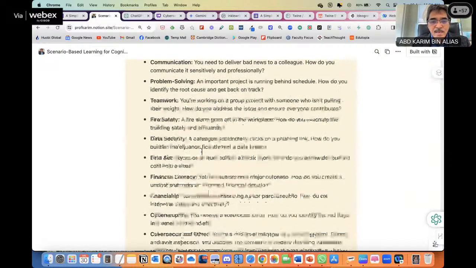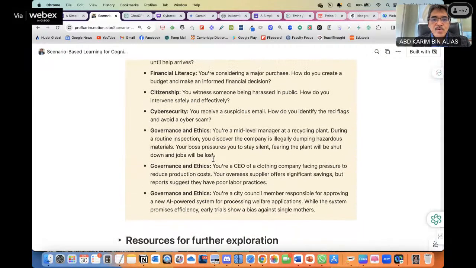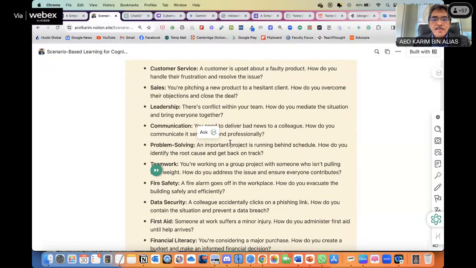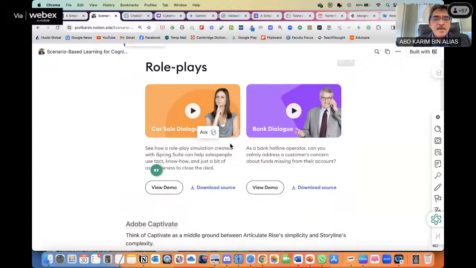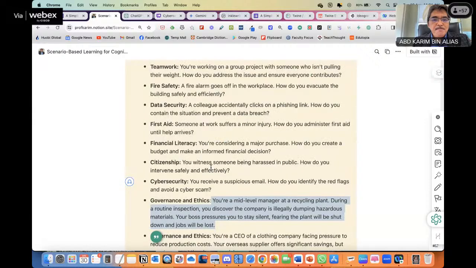Learn how to build a scenario. In this case, I have the scenario already given. So I just need to put this in the prompt and ask ChatGPT to create the rest of the storyline, including the options, the consequence, the feedback, and so on. So I can use this prompt under, let's build a scenario here.